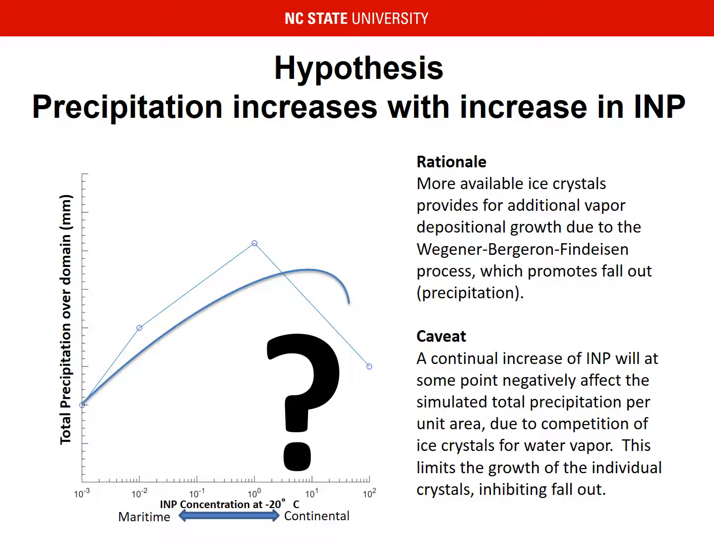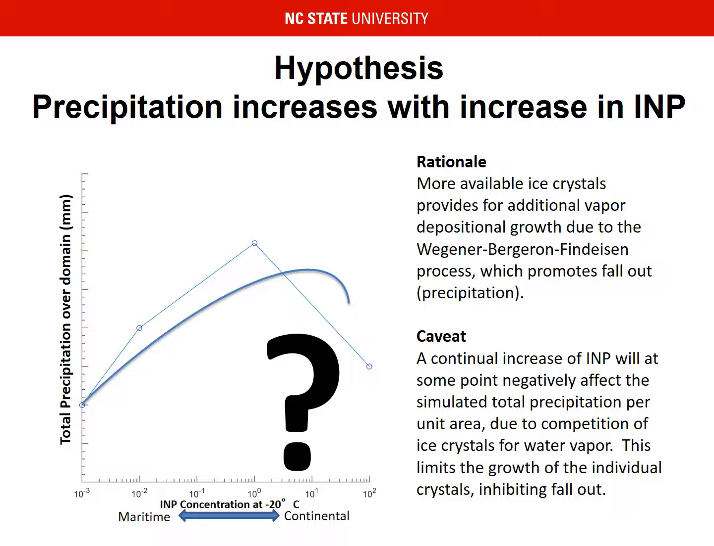And that's illustrated off to the left here as we go along the x-axis from a maritime air mass, or very low INP, to a continental air mass, or higher INP. We see an increase in the total precipitation over the domain along the y-axis. The reasoning behind this hypothesis is that as we make available more ice crystals in the atmosphere, we're cranking up the knob on the vapor depositional growth process, also known as the Wegener-Bergeron-Findeisen process, which is a process in which ice crystals can increase their mass at the expense of water vapor, or even perhaps liquid water, and that